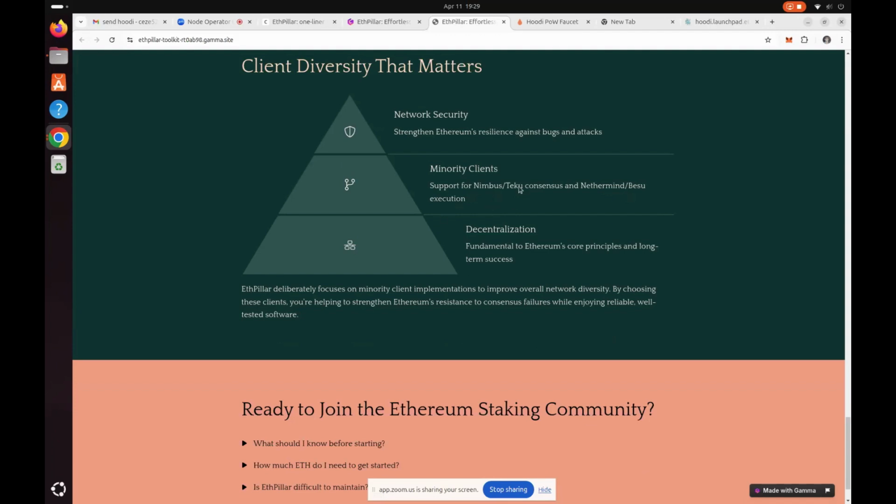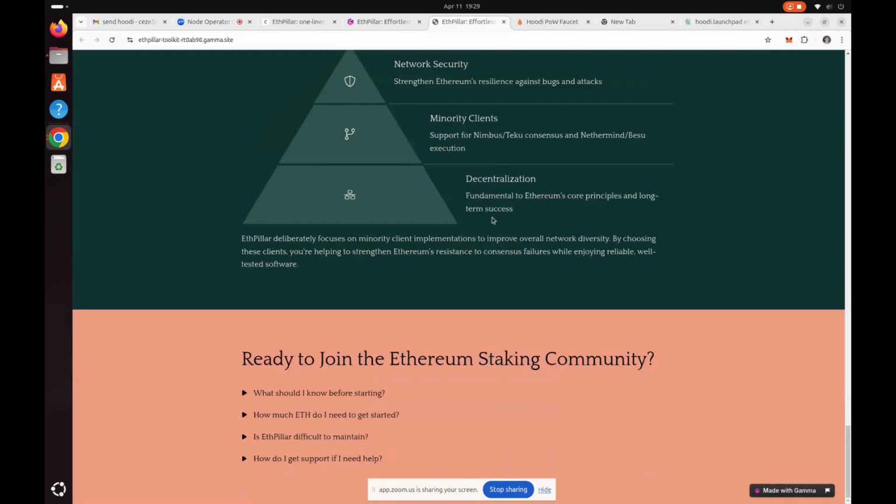So it also considers client diversity, right? That's basically the idea around it, and it helps in the decentralization. Yeah, it's basically fundamental to Ethereum's core principle and long-term success, because if we have